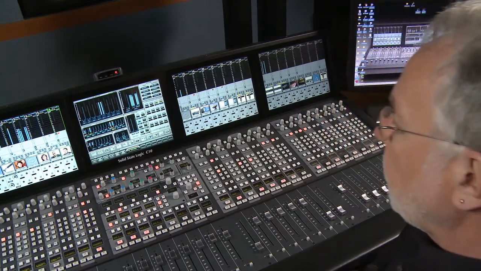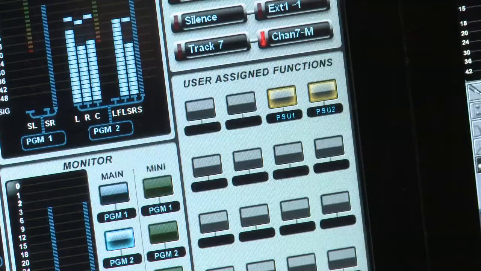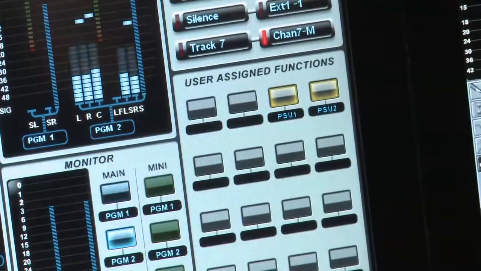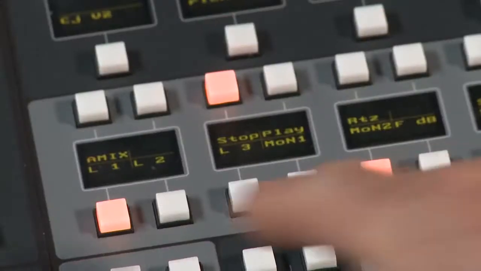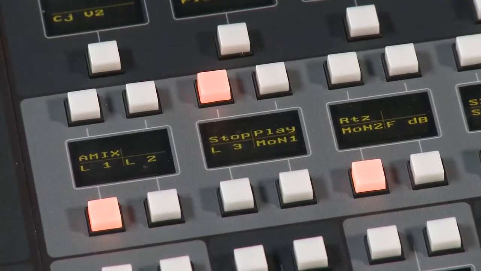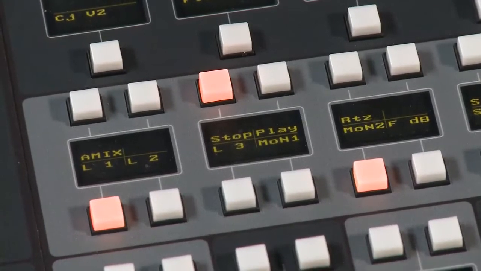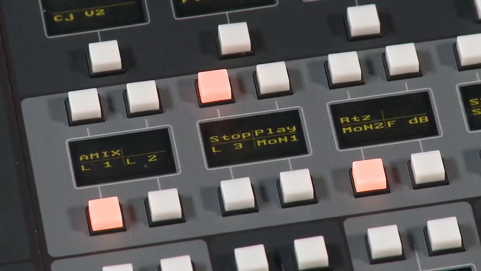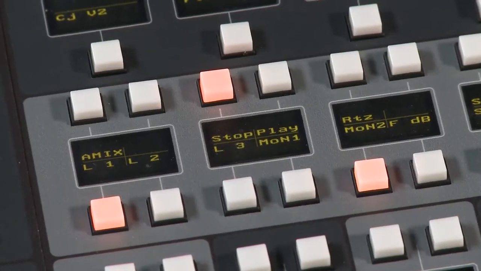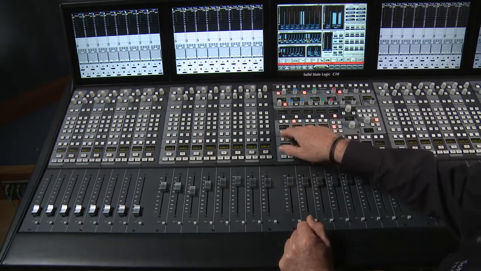So when you want to use layers, you have to assign either dedicated function keys, or we can assign the user-assigned on-screen functions to layer control. At the moment, I've got 3 buttons assigned to switch to different layers. So here we've got layer 1, layer 2 and layer 3. I've left them as layer 1, layer 2, layer 3. However, there's nothing to stop you relabeling those functions as, say, presenters and then music, and they can be user relabeled, for example. If I switch to layer 2, then basically I bring up a complete new set of